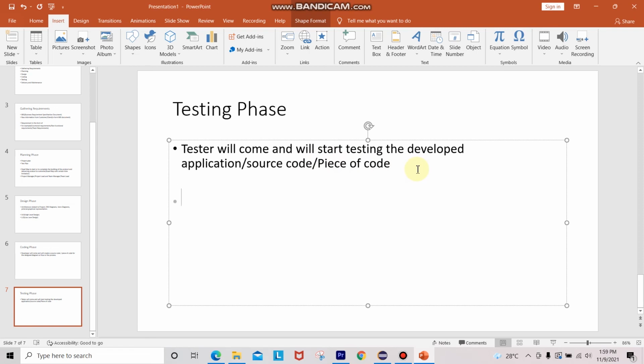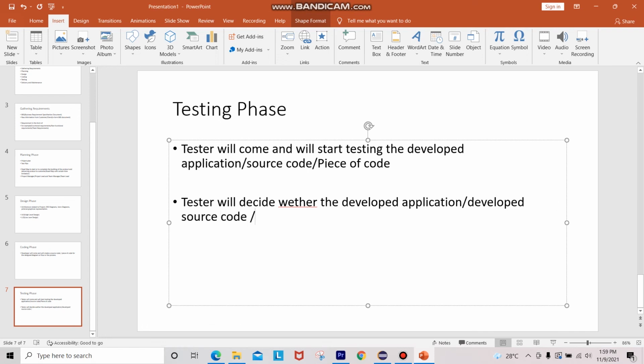Then the tester will decide whether the developed application, source code or piece of code has defects or not.